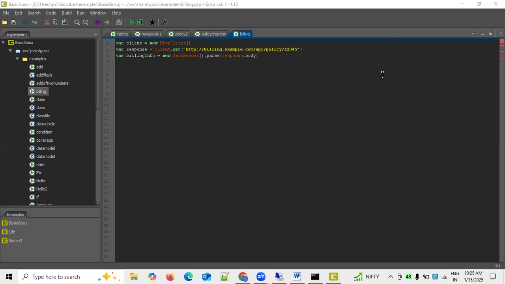For instance, if we want to fetch any kind of billing details for any policy, we could write code to make a get request to the billing API. This is generally the code we write. First of all, we need to take a variable. So in the variable declaration, I have taken the variable client as new